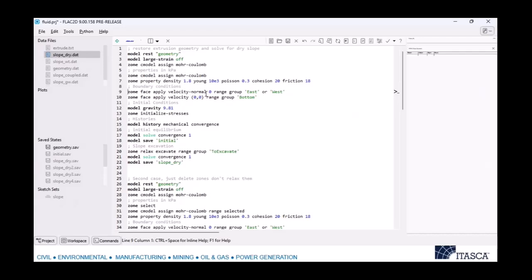And we assign roller boundaries on the left and right, and fixed velocities on the bottom. Initial gravity, initial stresses due to gravity. And then we take a history of convergence, like you always do, and then we solve, and that's our initial state. Now note that that initial state